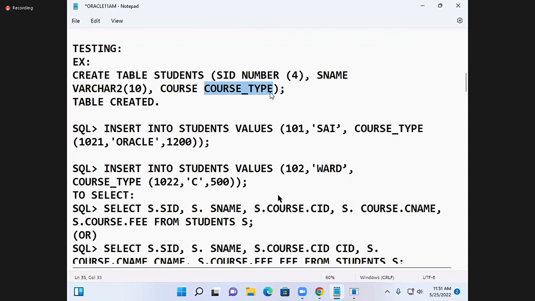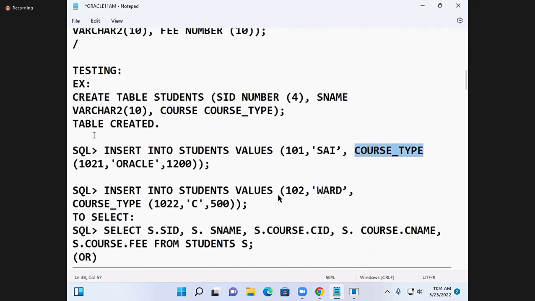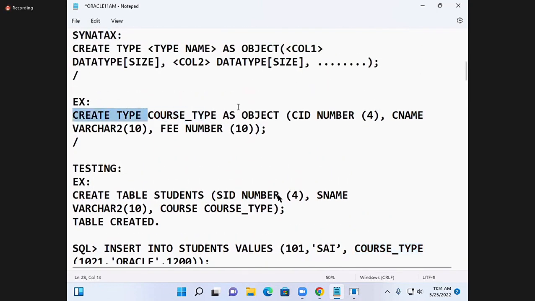And this data type should be taken as a reference whenever you want to input some values into that column. Understand now? That column is which column? Course column. So the reference I took is the course underscore type. What is this? Course ID